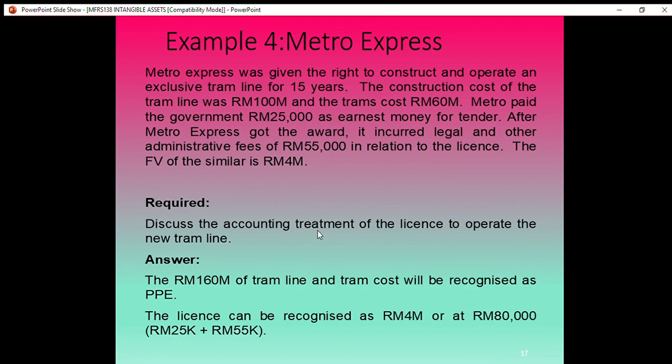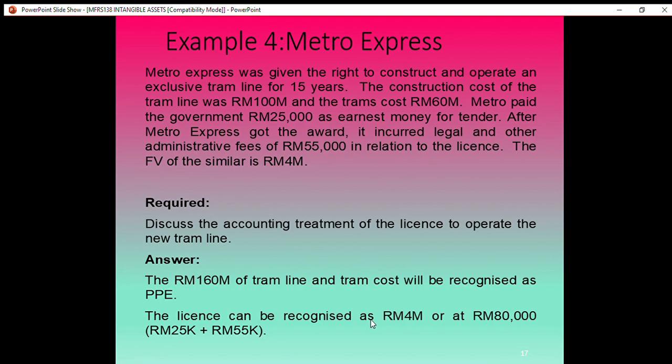So what is a tram? Tram is like a train, a small train. The answer for this question: RM160 million of tram line and tram costs will be recognized as PPE, because these assets have physical form, so they have to be recognized as PPE. And the license, the intangible one, can be recognized